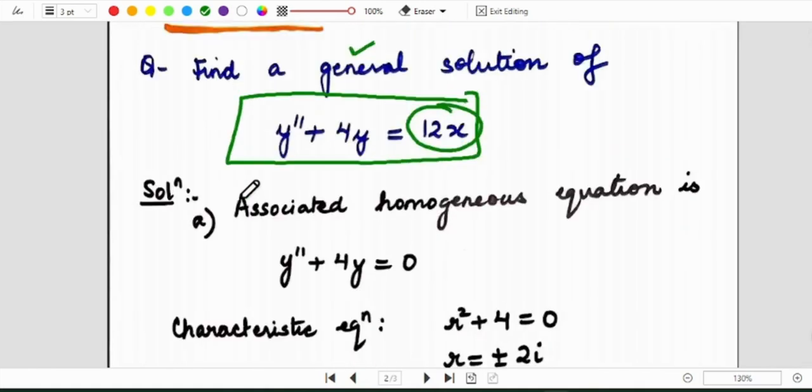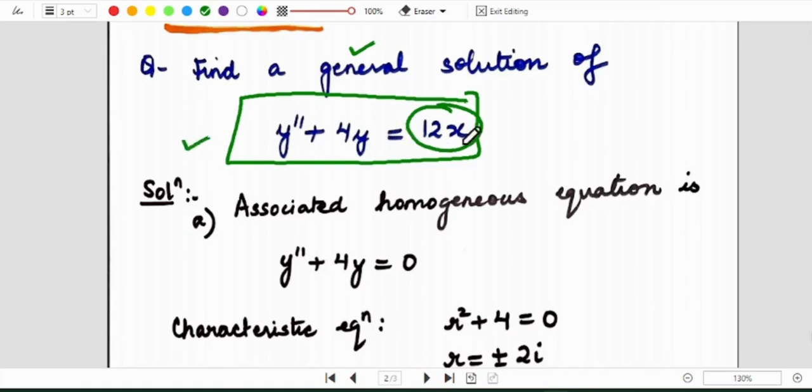Now this general solution has two parts. It's very easy to verify that if yc is a solution of the associated homogeneous equation and yp is a solution of the given non-homogeneous equation, then yc plus yp is also a solution, and since it's going to involve as many arbitrary constants as the order, it becomes a general solution. It's very easy to relate to this idea, but then how do you calculate yc and yp given this differential equation?